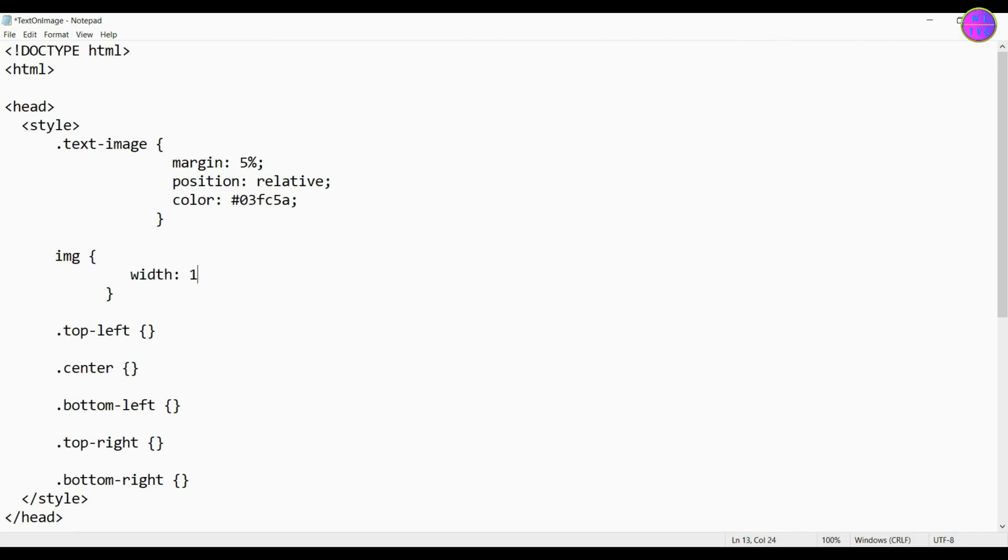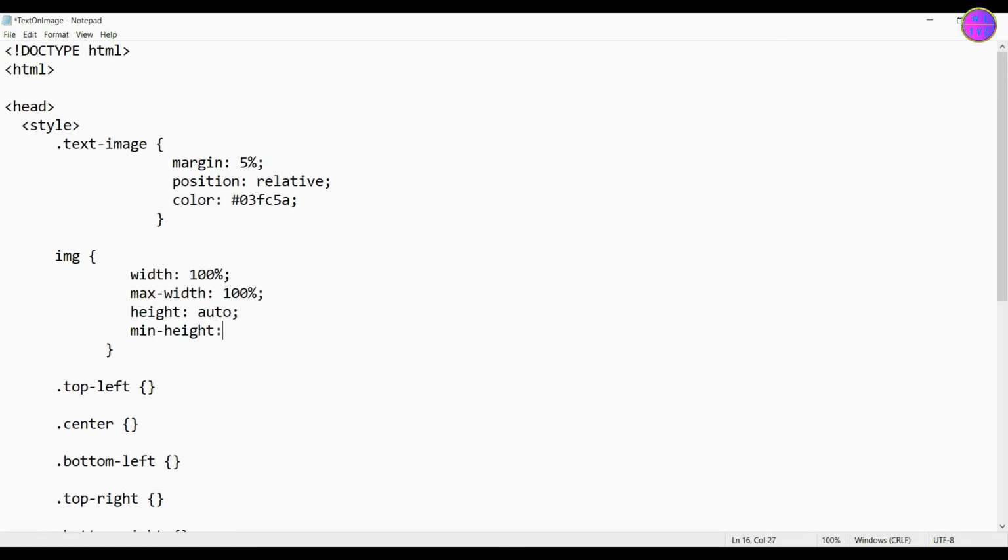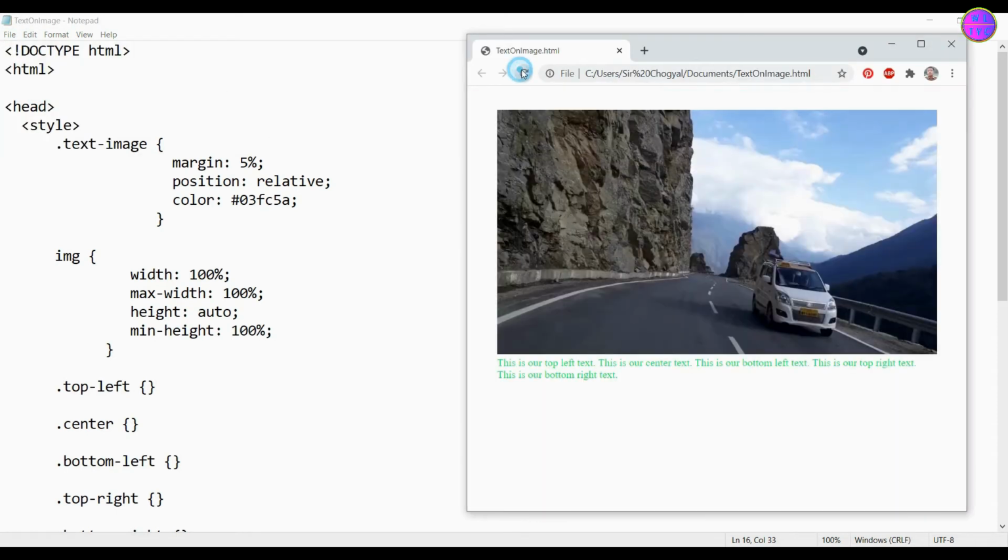Write CSS for the image. We can see here our image is fitted inside the page.